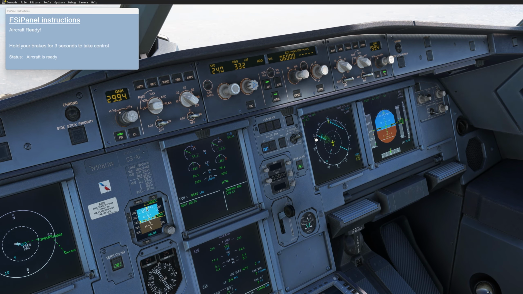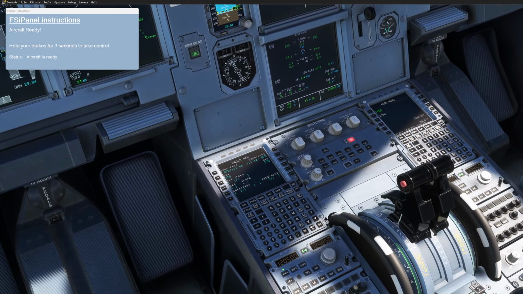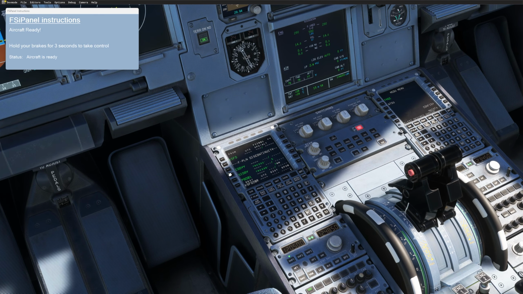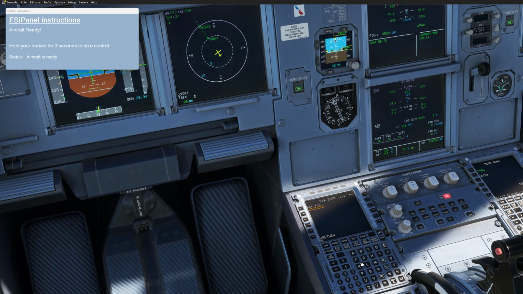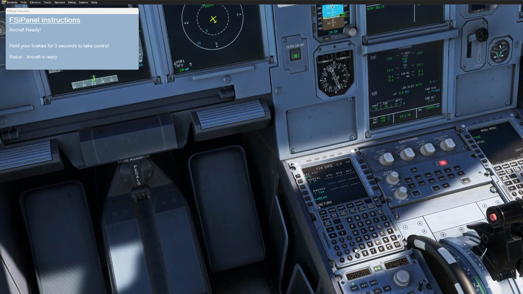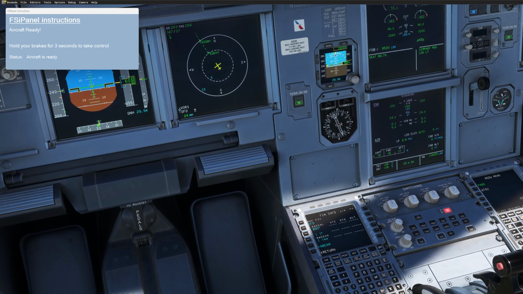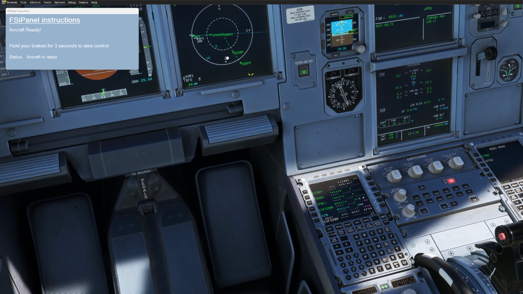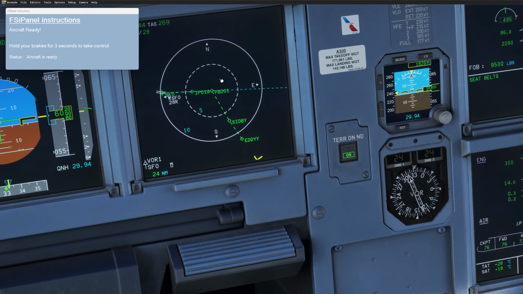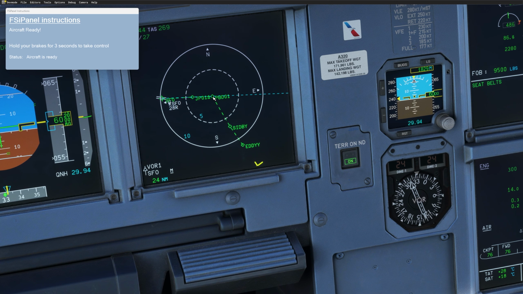So let's make sure this is what we are doing. And what you can do as well is a fix, and we are going to put here San Francisco as the reference. And if I put the radial 0.95, then we should have, if we go to the flight plan page, as you can see here, the line perfectly matches what we have done. So that is telling us already that we have programmed the correct radial